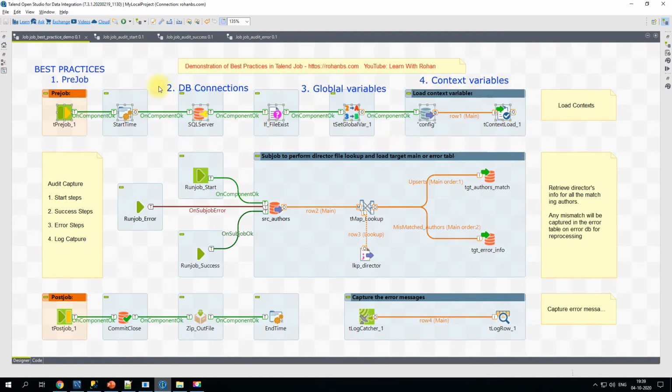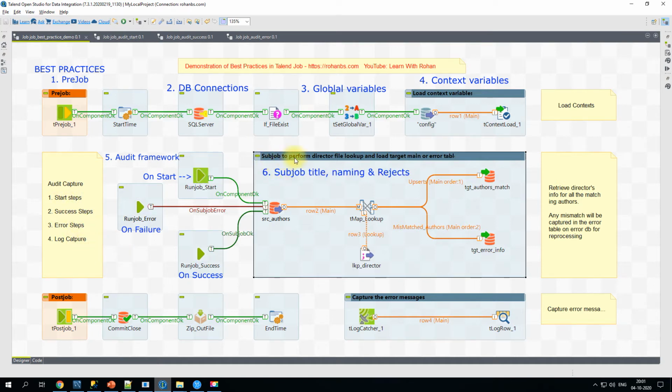And also, as you can see, it is always a good practice to include a note section on the top that indicates what this job does. And you may want to add relevant notes appropriately based on the function it is doing. So in my case, I'm loading the context variable, so I added this portion here. And these sections are used for audit capturing, so I have added a note here with audit capture, what it does and how it does.